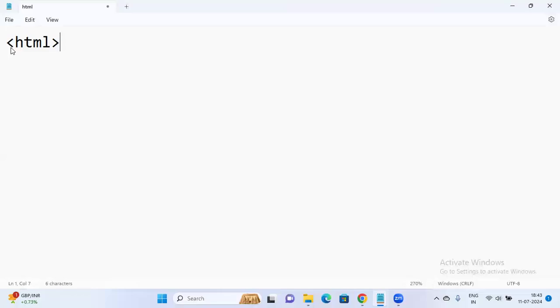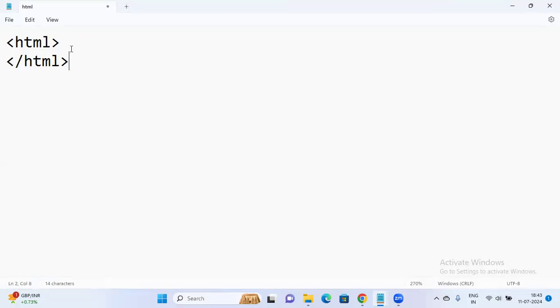Here also we have predefined elements, so we have to use only those. Okay. So if you're using the HTML tag, then the HTML closing tag should also be there. So I'm writing the HTML tag close. Sorry.